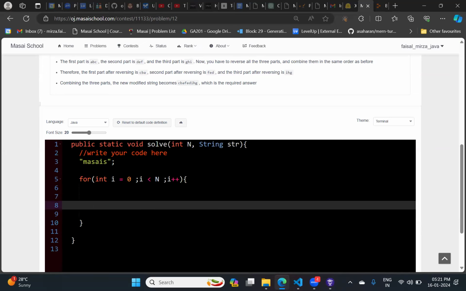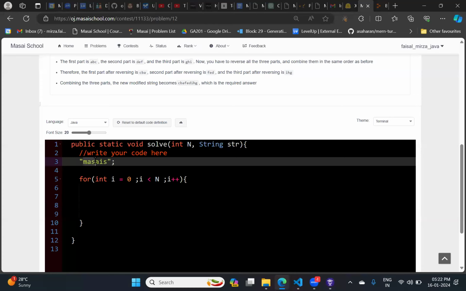Now if I know the starting index and I know the ending index, it means I want to run nested loops. First of all, the outer loop will run as per the given condition, but the inner loop I will restrict based on my parameters. I will provide the starting index, where you have to start, and I will also control the ending point.